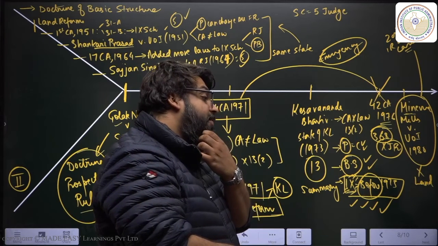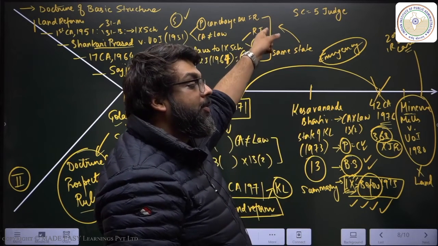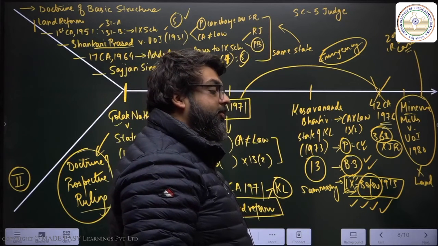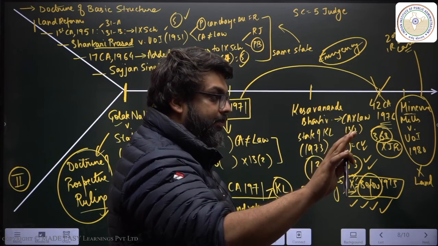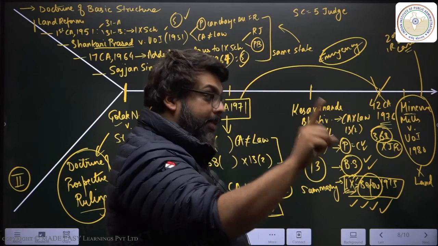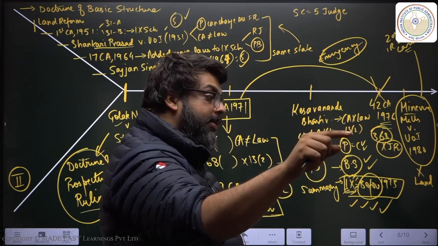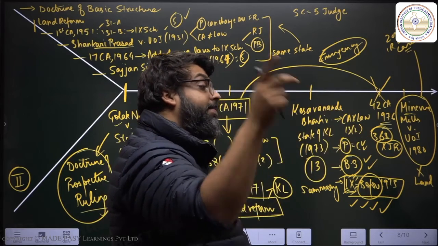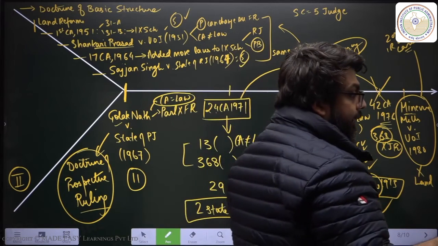So now the PM of the country was no longer an MP. She immediately went on appeal to the Supreme Court. The Supreme Court said, fine, we are staying the Allahabad High Court judgment. You will be the Prime Minister. You cannot vote in the Parliament. You can't speak in the Parliament. You can be present in the Parliament. And that is it.